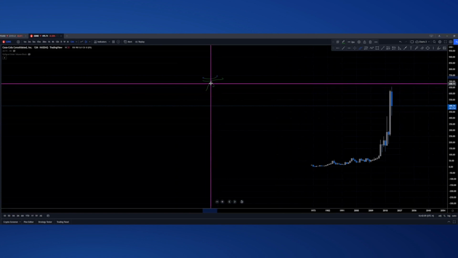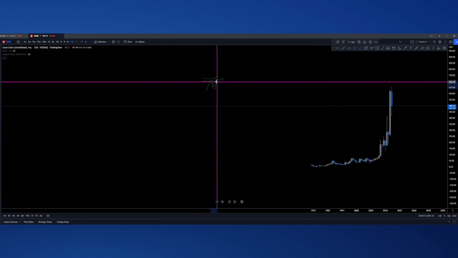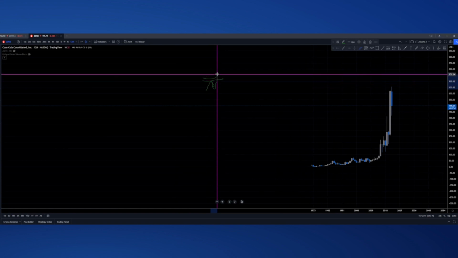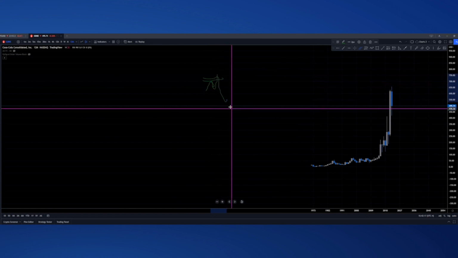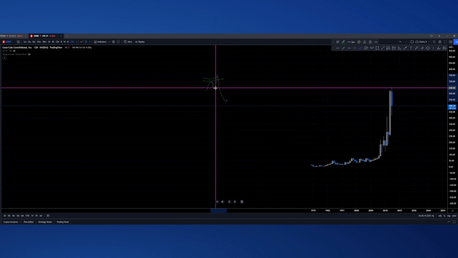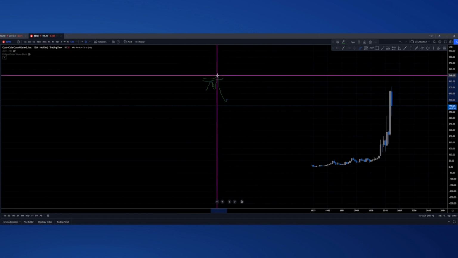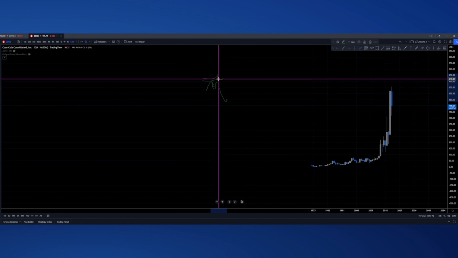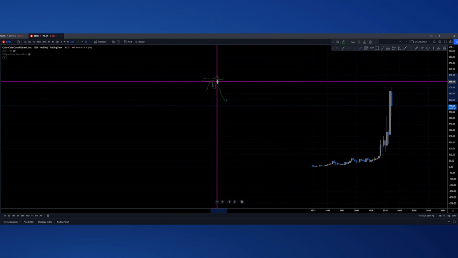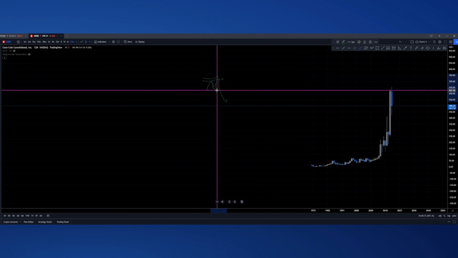So if it does come down and do this, like it comes down and then it comes up and stops me out, but then it continues to go down, if I can remove my risk from that trade, then if I do get stopped out, I don't lose any money. My fees are covered and my stop is covered. That is one way that I will do things. The other way,